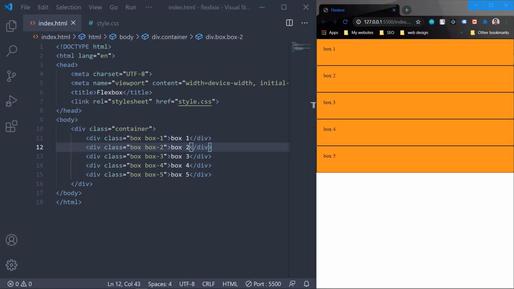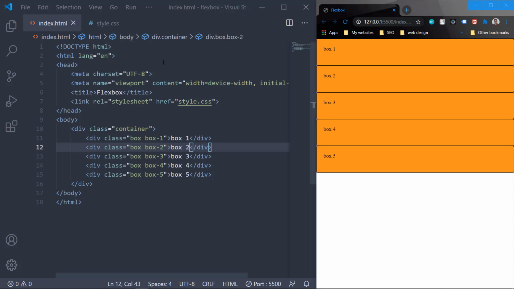Now I said almost because there are many properties associated with Flexbox and we actually don't need to use everything so often. So in this video I am going to cover the most important properties and their values. After watching this video, you will be able to do anything with Flexbox. You can create a layout of your own. So without any further ado, let's get started.